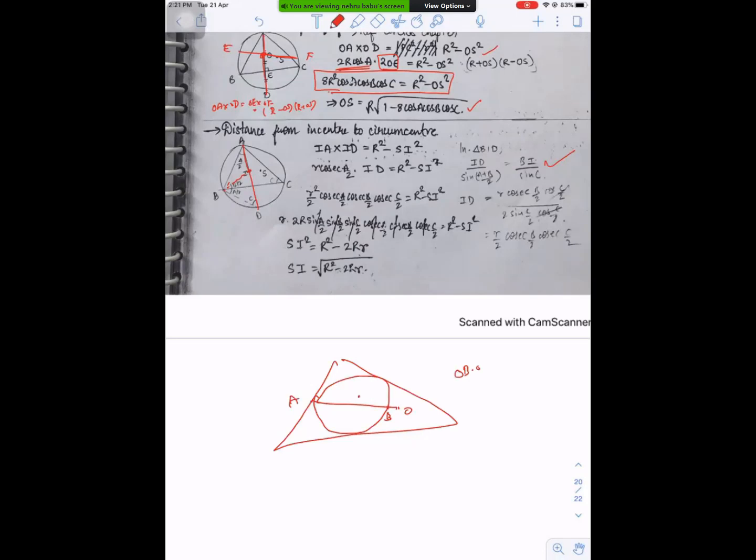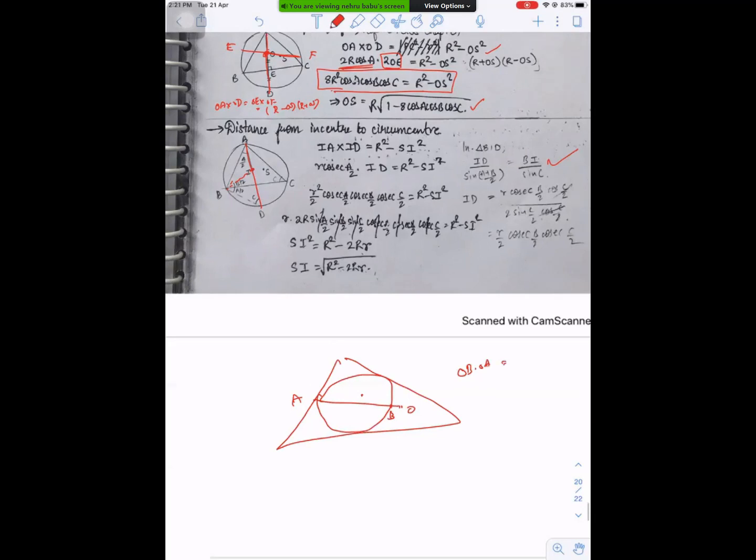So OB into OA equal to CP square minus R square. But here the problem is, we don't know whether O is inside or outside. So once again here the problem, R square minus OI square. So your calculations are a little lengthy. So better use the normal method for that orthocenter in-center concept. But in the circumcenter case, you can easily find the lengths and solve that problem. It depends on whether it is possible to find the length easily or not. Just based on that you can solve.